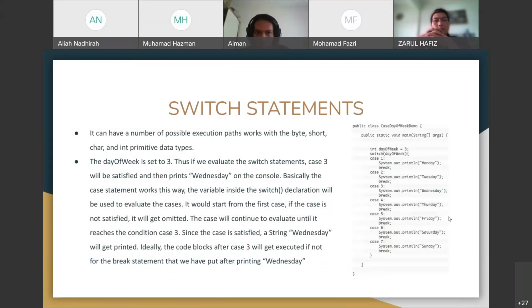Switch statements. A switch statement can have a number of possible execution paths, and works with the byte, short, char and int primitive data types. For the example, we can look at the right side. It will keep on